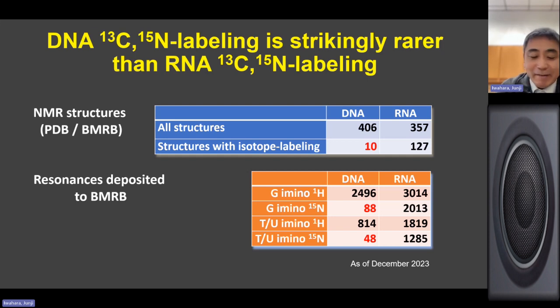Of course, there are some other effects. DNA assignment can be easier than RNA assignment because of the presence of well-dispersed 2' and 2" resonances and methyl resonances. But that doesn't really account for this kind of huge difference. And in fact, there is an obvious difficulty in isotope labeling for single-stranded DNA, particularly. Okay, for RNA,